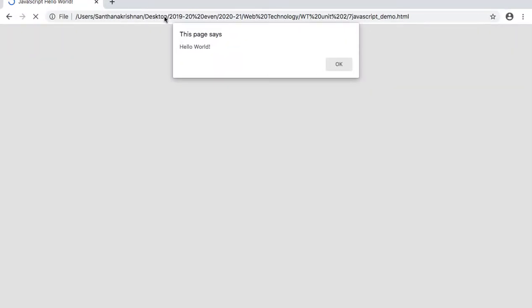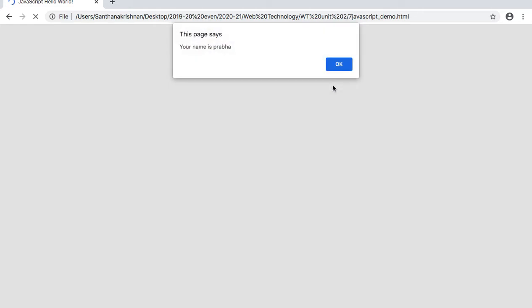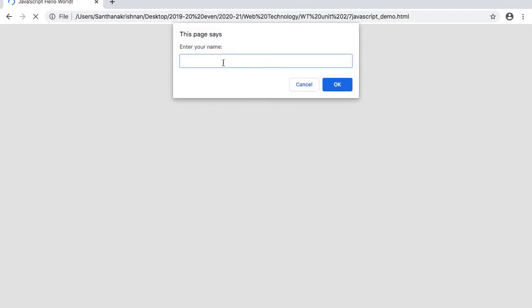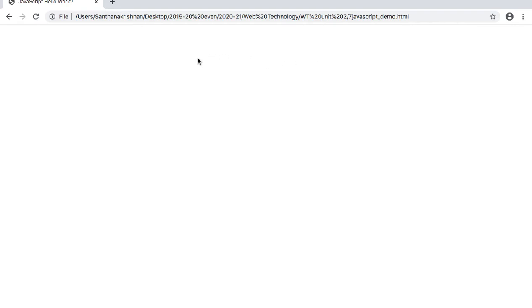Maximize. Okay, initially it displays the alert message hello world, and prompts the user to get the name, and the same name is displayed. From this line onwards your JavaScript gets executed. It displays the alert message, and in the background, in the console part, this name gets displayed along with hello and 34 plus 50, is it not?